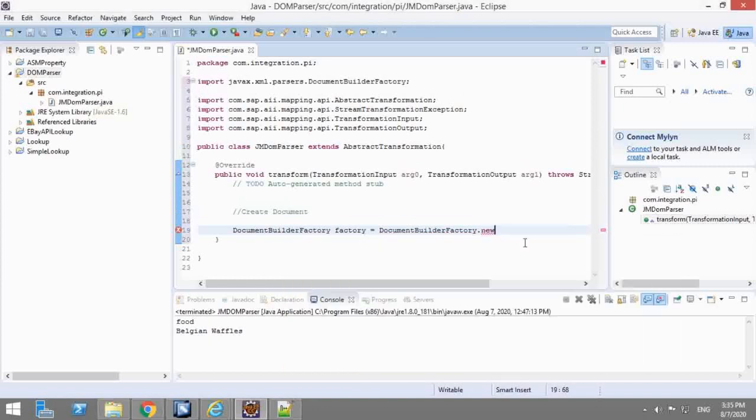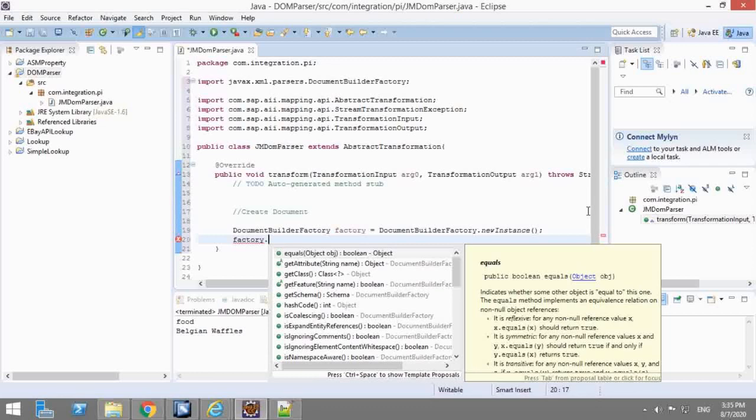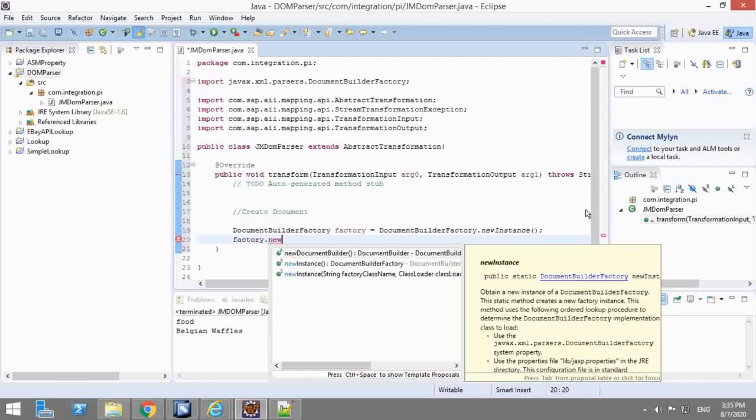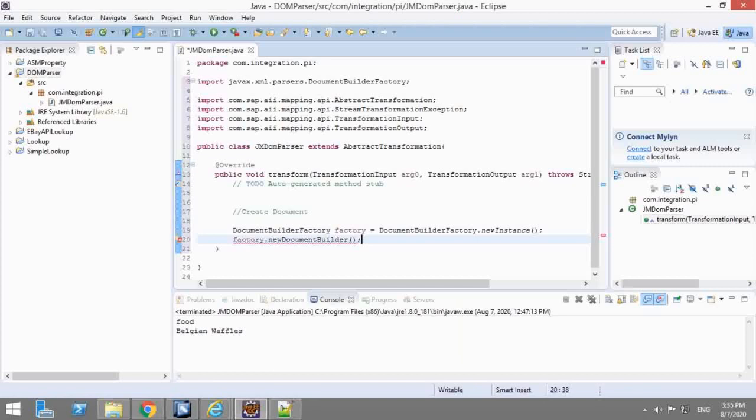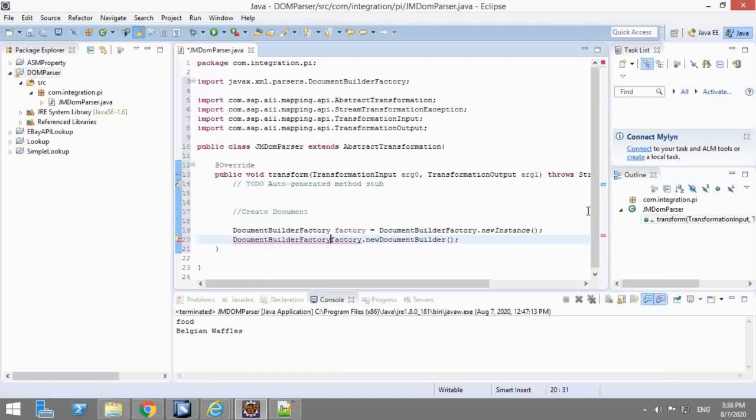So this new instance is a static method, and using that method I have a DocumentBuilderFactory object created. So using the factory object, I'm going to get the document builder object, new document builder. This returns me a document builder object. I'll name this object as doc builder,